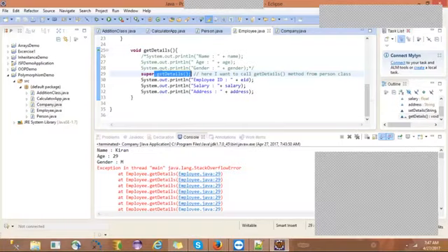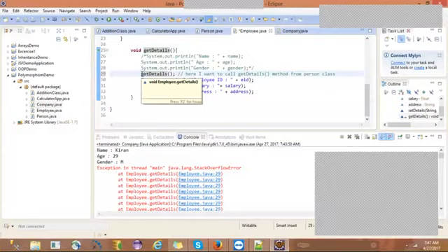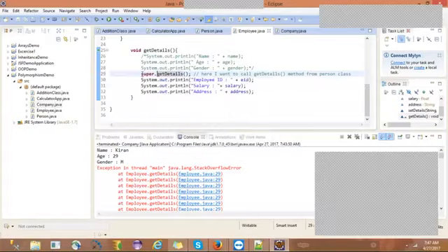See, if I don't write the super keyword here, what happens? I face this problem. It will become a recursive method call in the employee class, and it will infinitely call the get details method itself again and again. So that's why we get this exception. To overcome this in Java, we have a keyword called super.